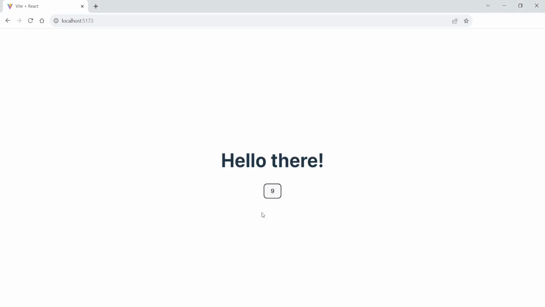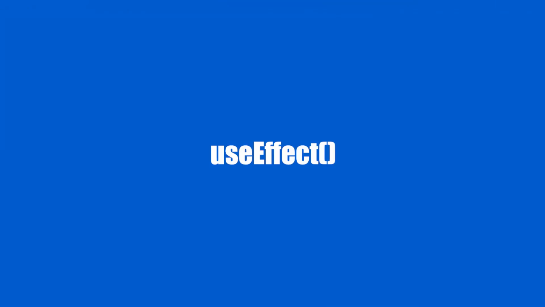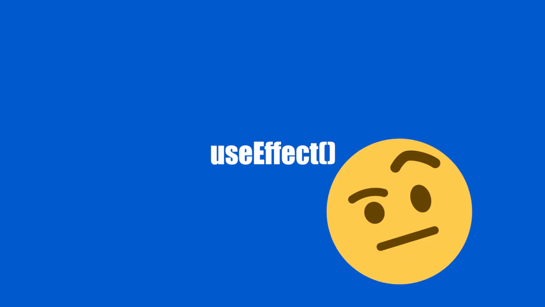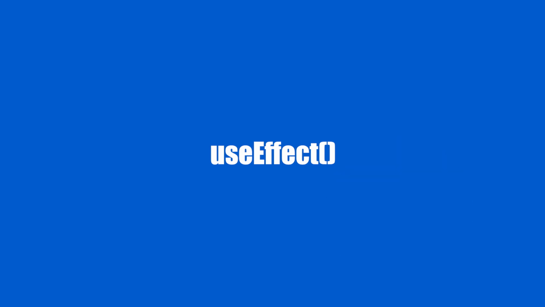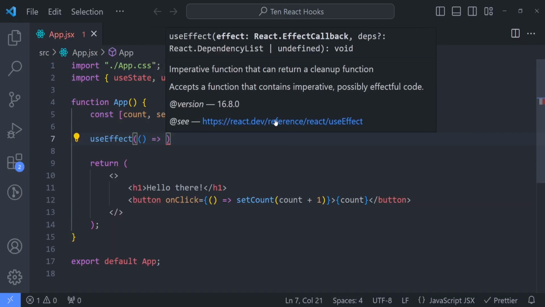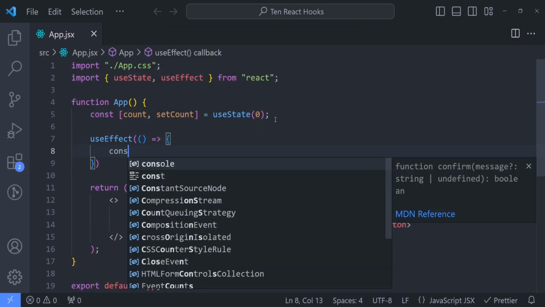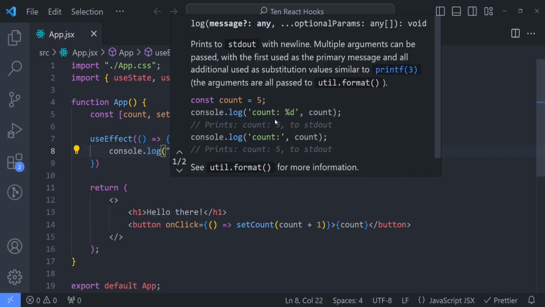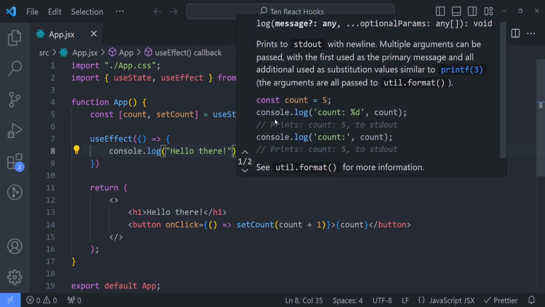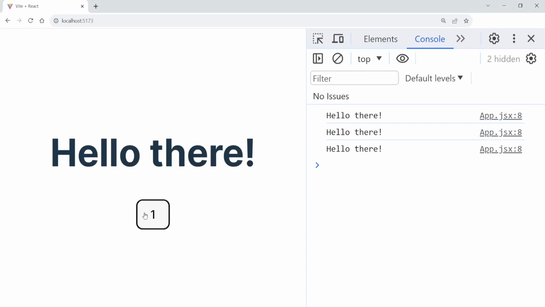Now, that was quite simple, but another important and common hook is the useEffect. It is confusing for beginners to understand this hook. The useEffect hook allows you to manage the lifecycle of a component. By default, the useEffect function accepts a callback function, and this function runs whenever the UI re-renders. I have a console log here, and as you can see, when I click the button, because the UI is